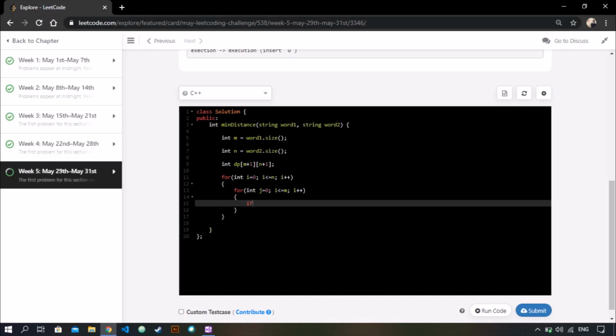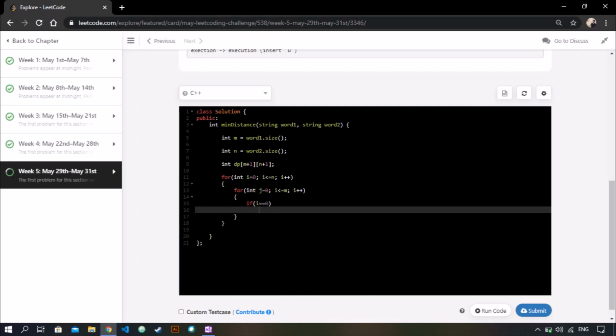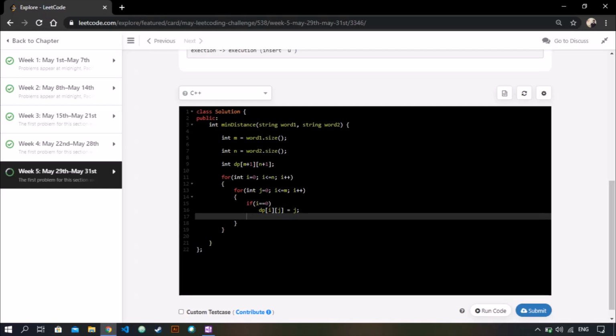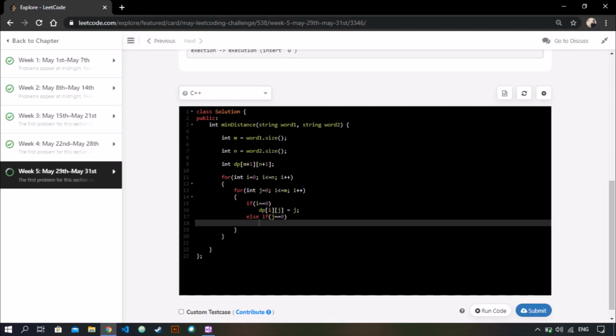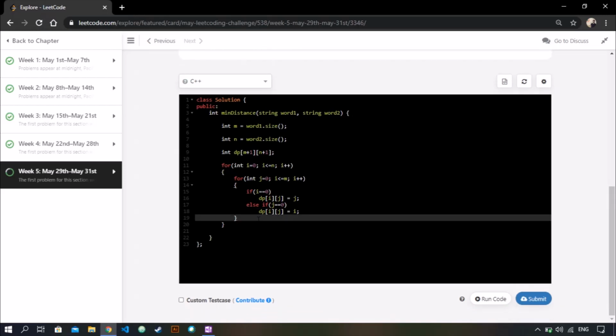Now we do if I equals 0, dp of I and j, that is if the string 2 is empty. Else if j equals 0, dp of, and this is for if the word1 string is empty.